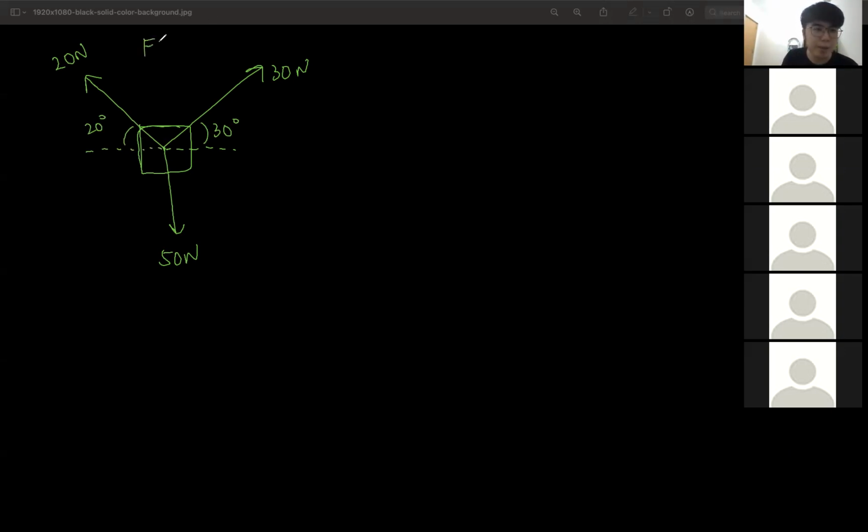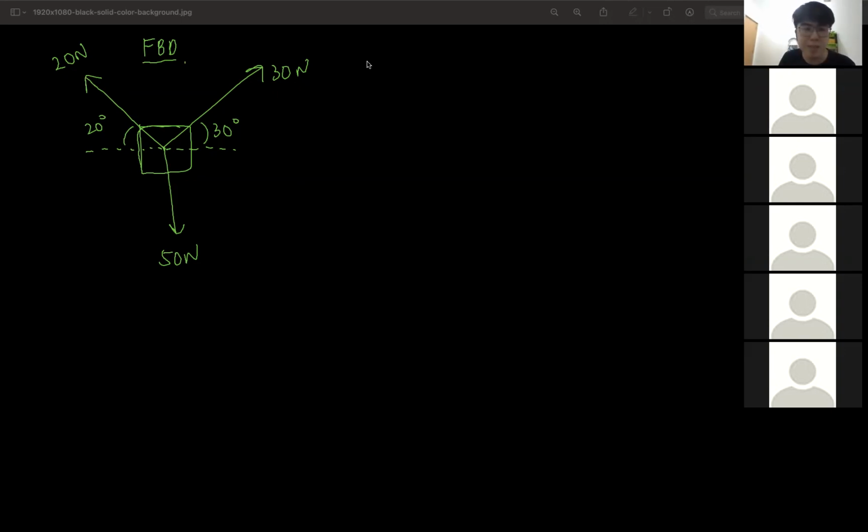Is this a free body diagram? Yes, this is a free body diagram, right? Now I'm analyzing the free body diagram. I want to see whether it is balanced or not. And if it's not balanced, where is the resultant force? Okay, the way I solve this, because you got 3 forces, if you do like what we did just now,